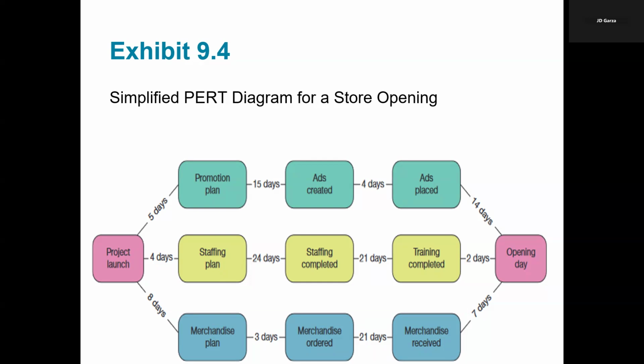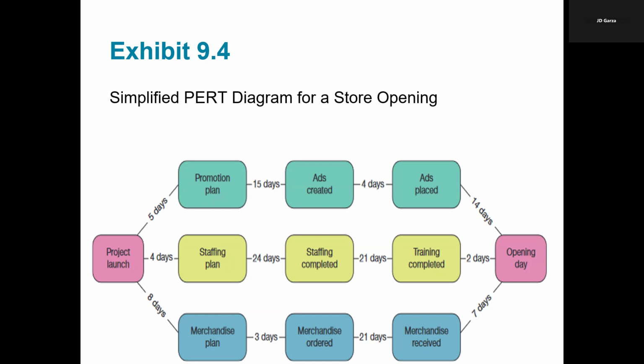Now, the functional benefits of this diagram, the PERT diagram, is to visualize the task dependencies, meaning that it clearly shows which tasks need to be completed before others can start, making it easier to manage those workflows and avoid bottlenecks. It also improves time management, meaning that by assigning a specific duration to each task, it helps project managers estimate the total time needed for project completion and adjust those schedules to meet deadlines.